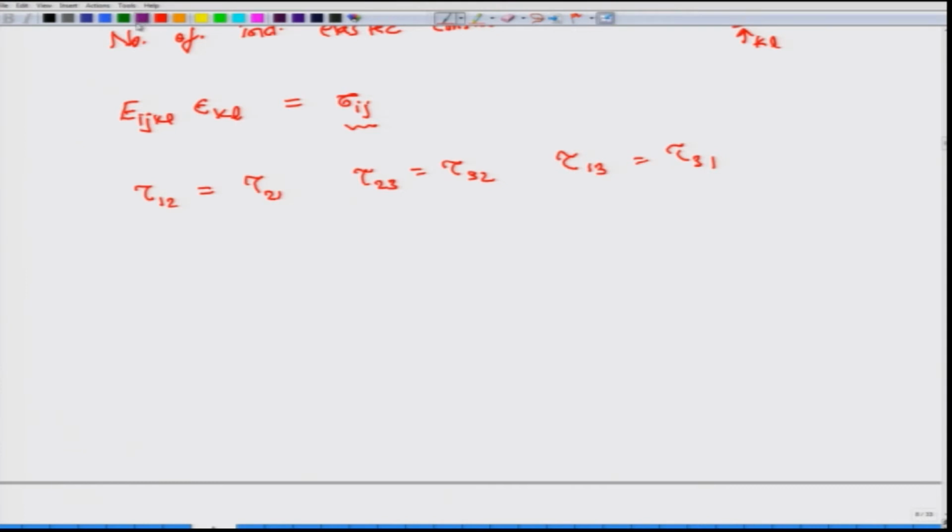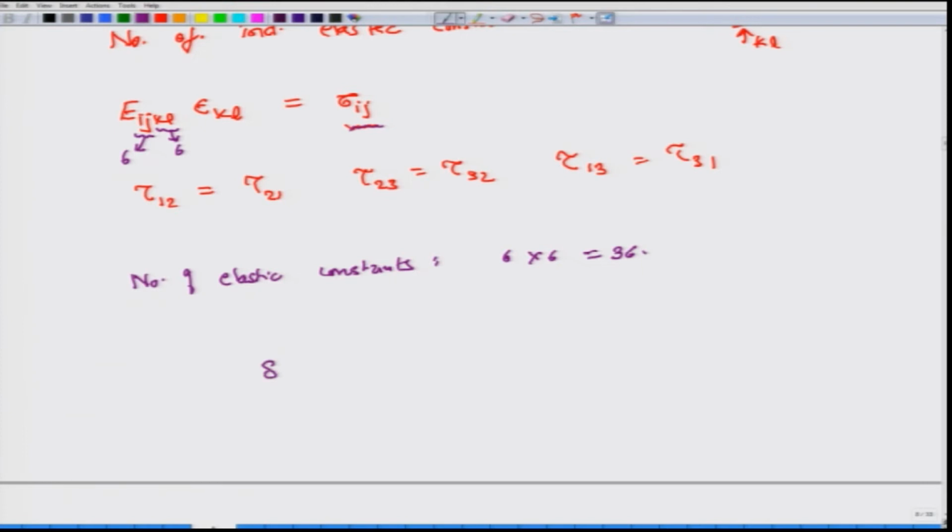So, we have already simplified the number of combinations associated with subscripts kl to 6, and similarly, we find that this also is associated with not 9 independent situations, but only 6, because ij relates to sigma ij. So, ij is related to 6 and kl is related to 6 independent situations. So, the number of elastic constants drops down to 6 times 6, which is equal to 36.